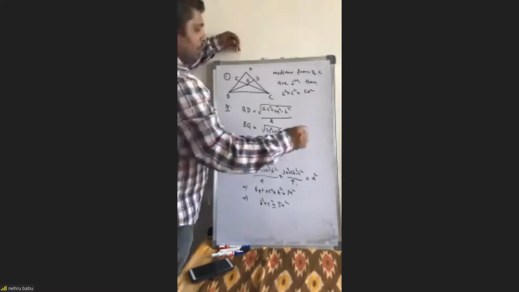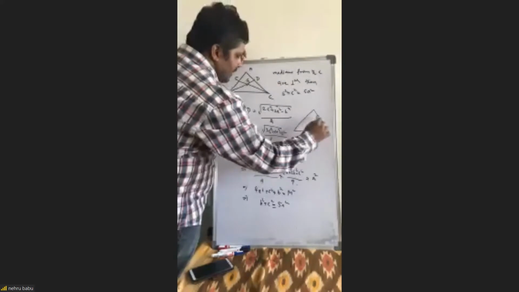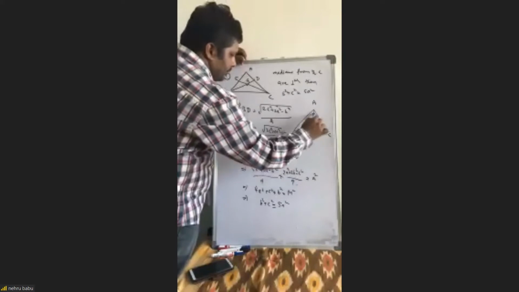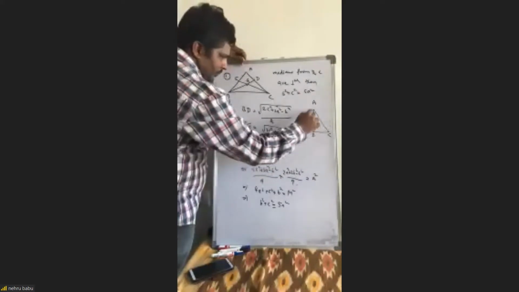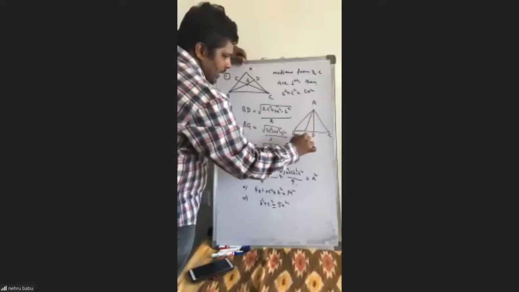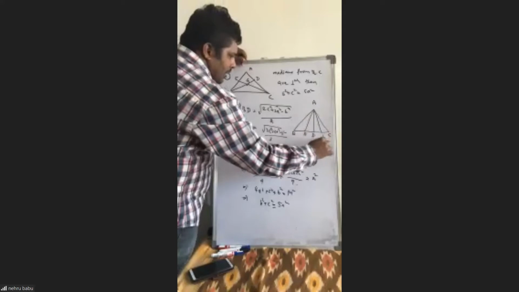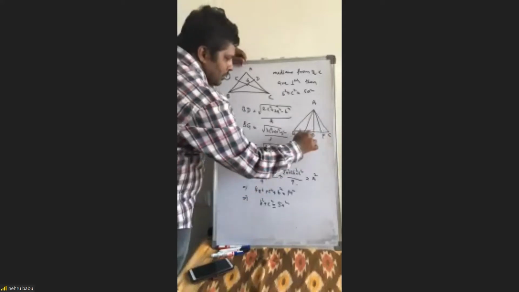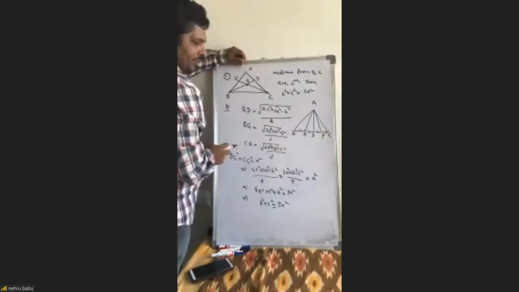Now try one more problem. If anyone wants to copy this. ABC is a triangle. AD is median. AE is median of triangle ABD. AF is median of triangle ADC. So these two lengths are equal, even these two lengths are equal, and AD is also equal. So indirectly all lengths are equal.